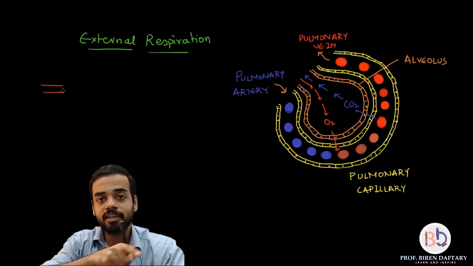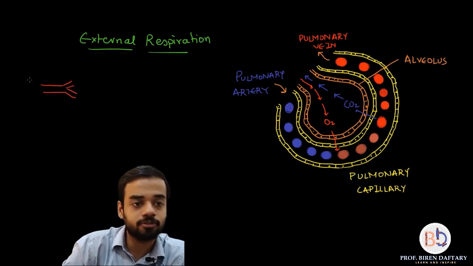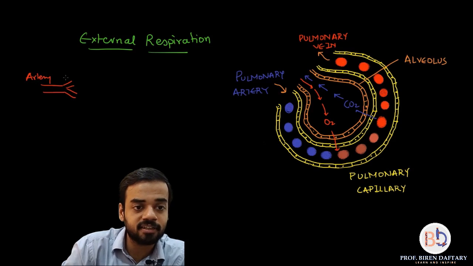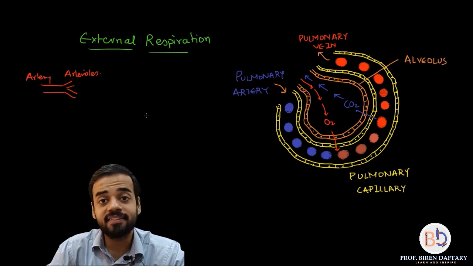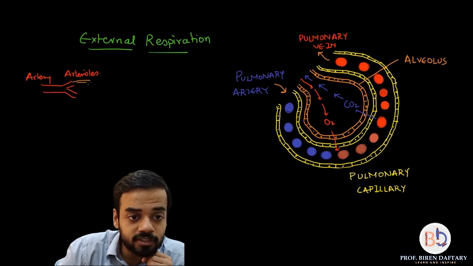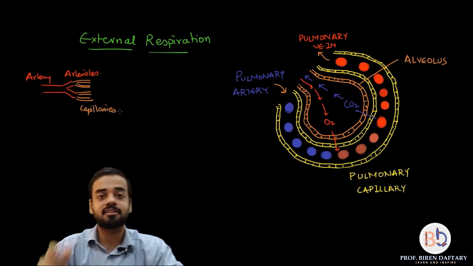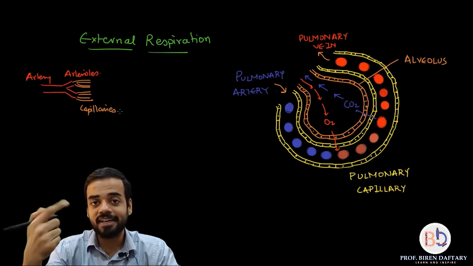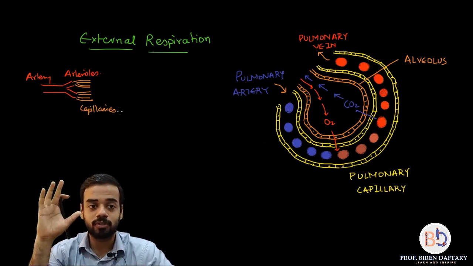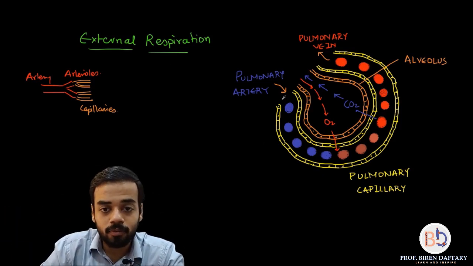Okay, so artery flows and arteries get divided into smaller structures which are called as arterioles. So let me just label that so it becomes easy. This is artery and these are arterioles. Smaller arteries are arterioles. And then what happens is each arteriole further branches out into smaller structures, okay, which are called as capillaries. So these orange colored things are capillaries, and capillaries are the thinnest blood vessels, and because of that air can diffuse or gas molecules can diffuse through it.